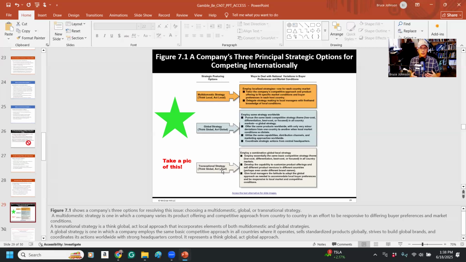You have a global strategy, which is think global, act global. And then you have a transnational strategy, which is think global, act local. Okay. When we talk about a multi-domestic strategy,